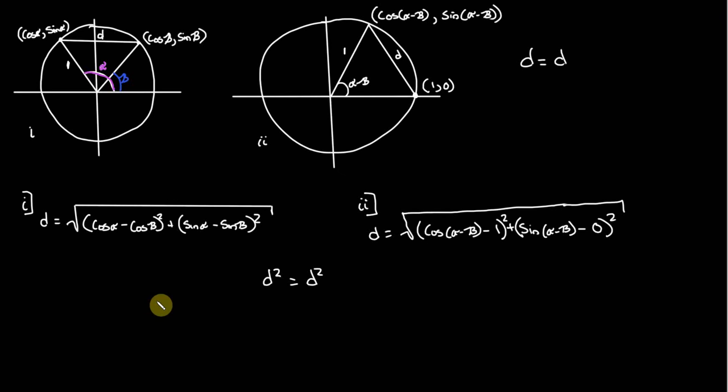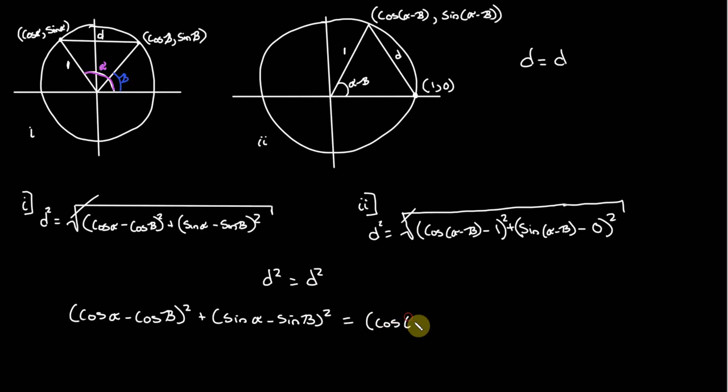Because ultimately what we end up with here, if we square d in both cases, what happens? The square root cancels, and we end up with everything underneath the square root sign as it is squared. And so for unit circle 1, d squared is going to equal, and I'll write it over here to save space, cos alpha minus cos beta squared plus sine alpha minus sine beta squared, and we're going to set that equal to d squared here, which is going to be cos alpha minus beta